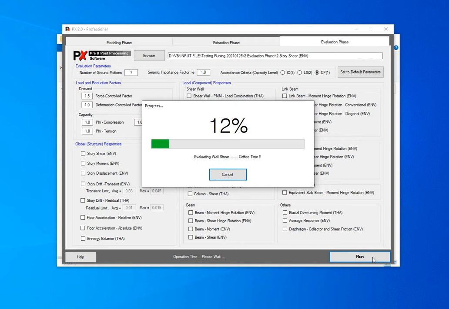Again, it depends on the number of ground motions that you want to summarize and evaluate, the number of wall legs, and the number of section cuts in your structure.